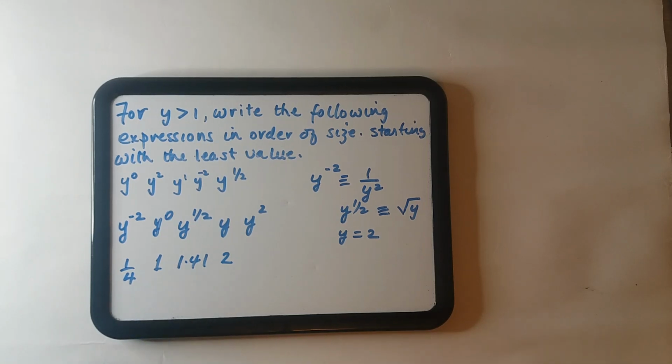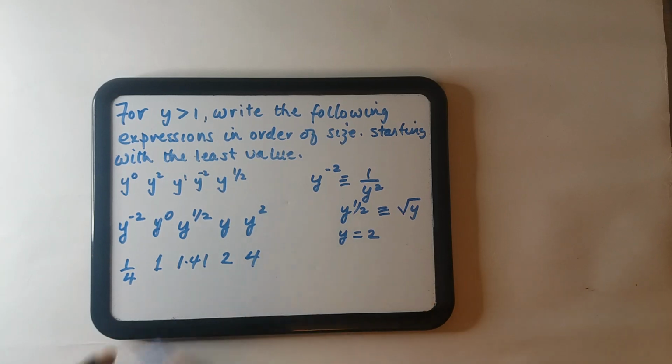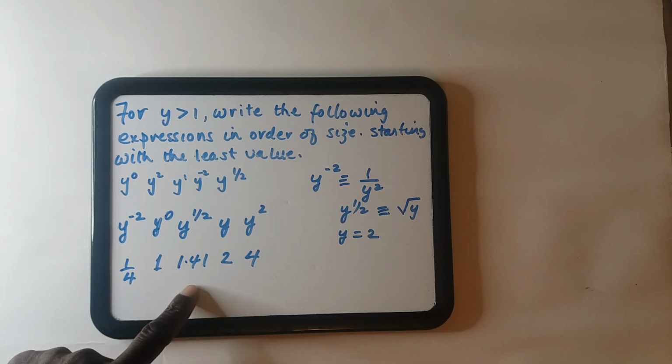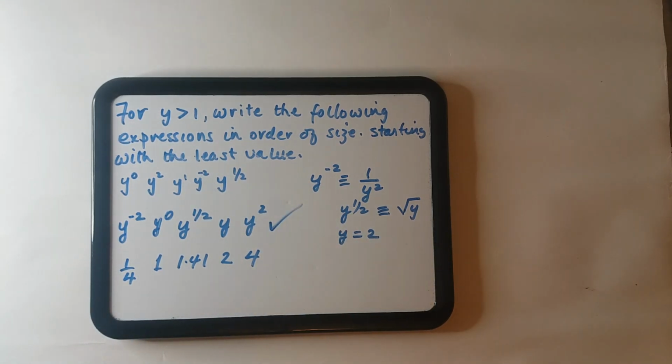And finally, y squared is 2 squared, which is 4. So a quarter, then we go to 1, 1.41, 2, and 4. So this is starting with the least value. These expressions are arranged in ascending